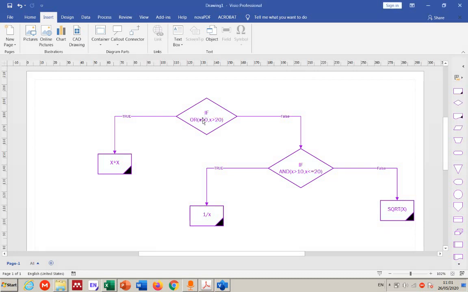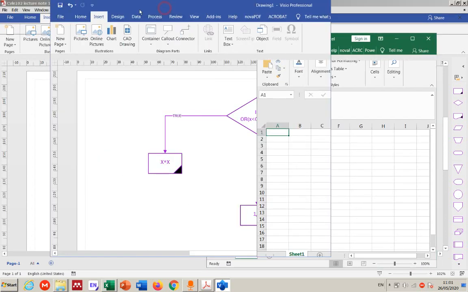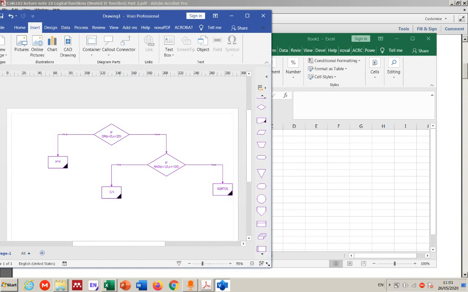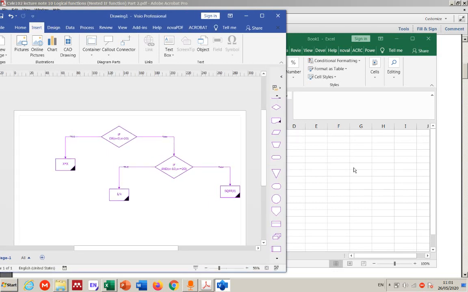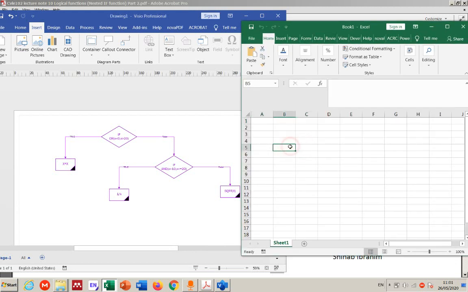Then we can go to Excel, and in Excel we can write this one to see how we can manage this one. At least I'm looking there to see if I'll be able to convert it to an if function in Excel. Now let's say we have an x value, we have a y value. We can write an equation for y value is equal to if